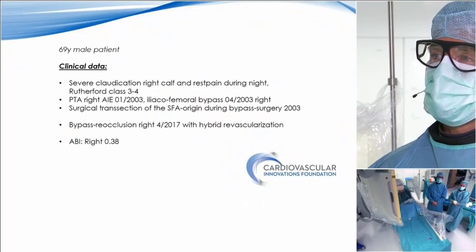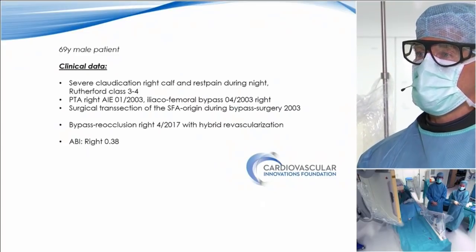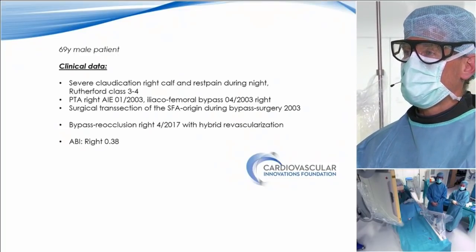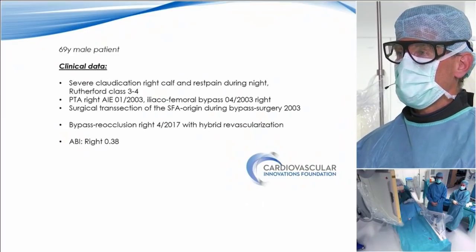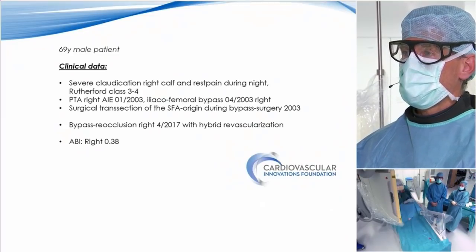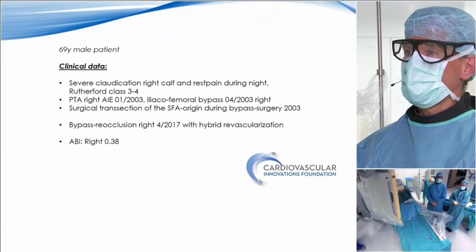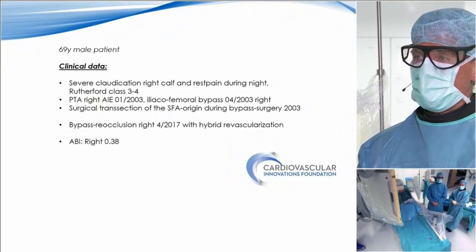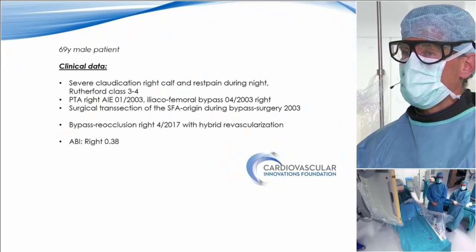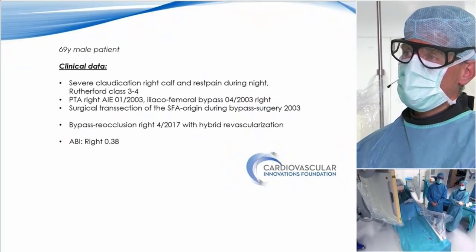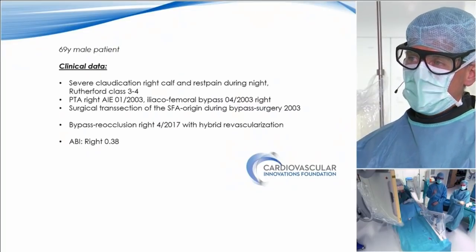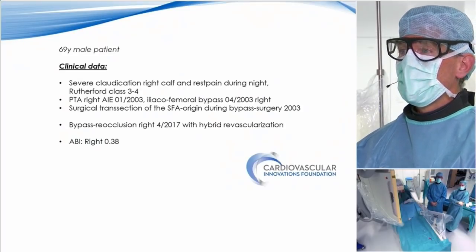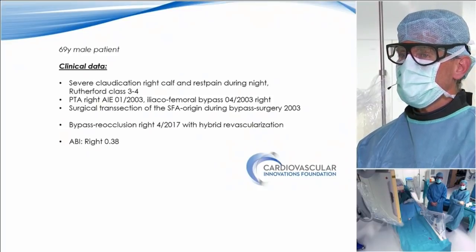So this patient has severe claudication, right cough. He has rest pain, in fact, during night, a little bit difficult to understand, but is a pretty clear patient, and we have to believe this. He had quite some treatments already, starting 2003 with PTA right external iliac artery, with a total occlusion thereafter, quite early, with the iliac, actually common iliac to femoral, actually to profunda bypass during the same year, and some